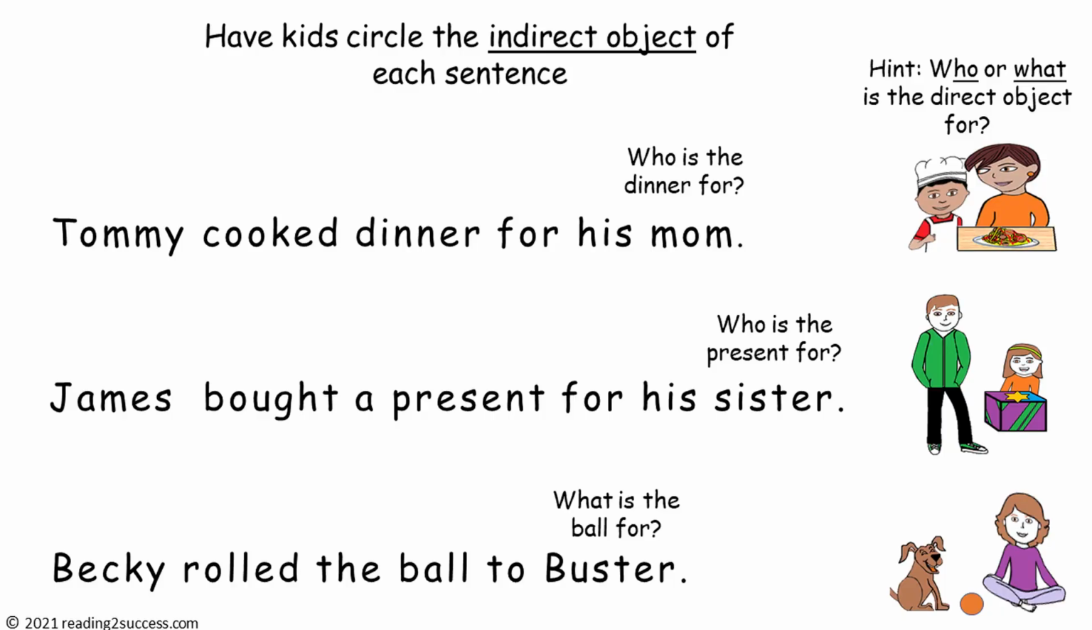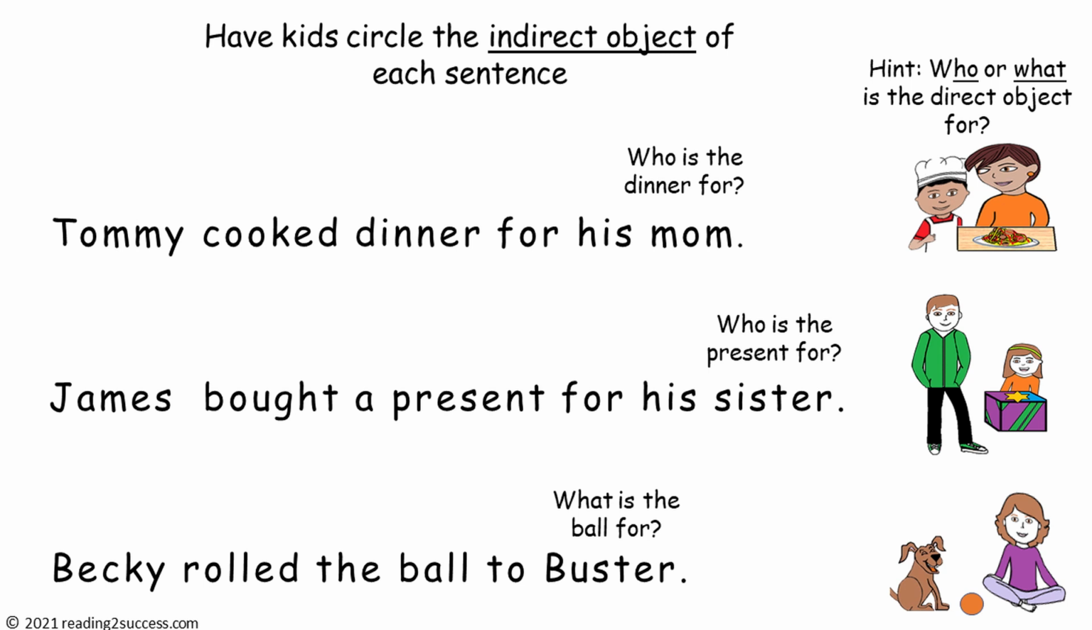Now introduce kids to nouns that function as indirect objects in sentences. Let's look at our hint. Who or what is the direct object for? Let's read the sentence. Tommy cooked dinner for his mom. The direct object was dinner. So our question is going to be, who is the dinner for? The answer is mom. So mom is the